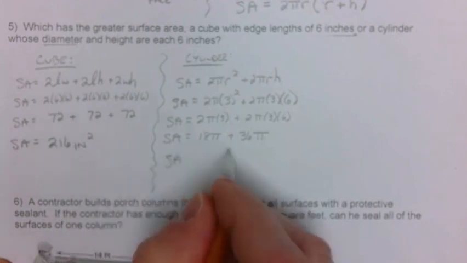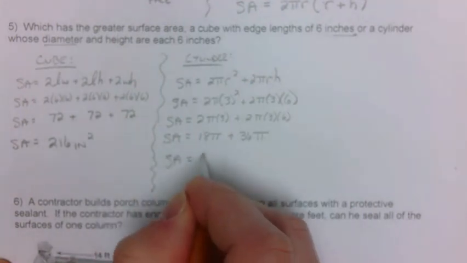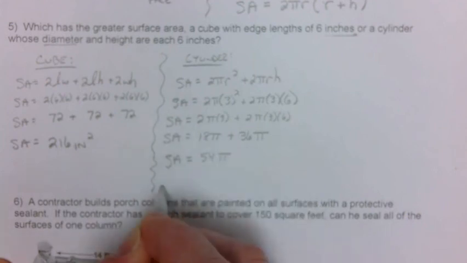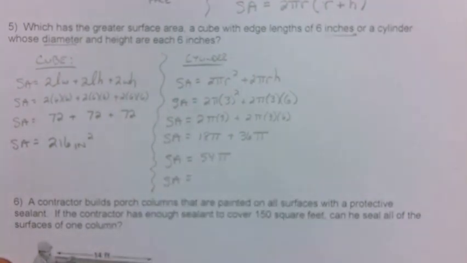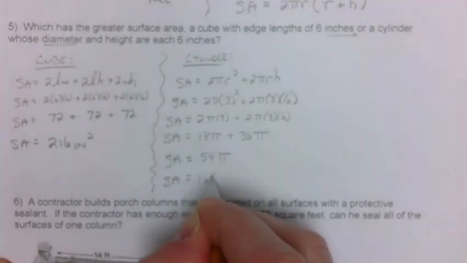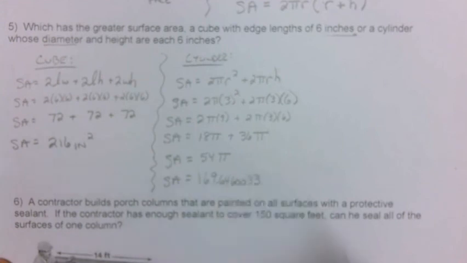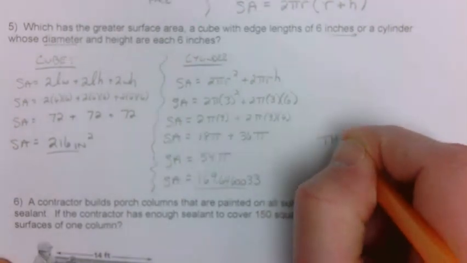And if I add 18 pi with 36 pi, that gives me 54 pi. And now I'm just going to multiply 54 by pi, which gives me 169.6460033. And now if I just compare the two surface areas here, I can say that the cube